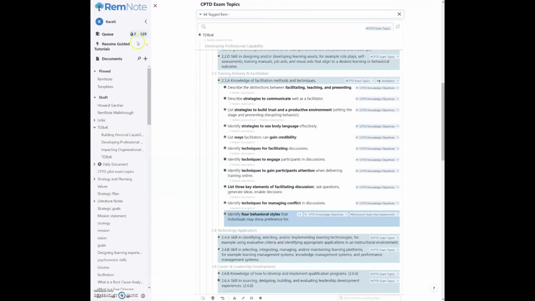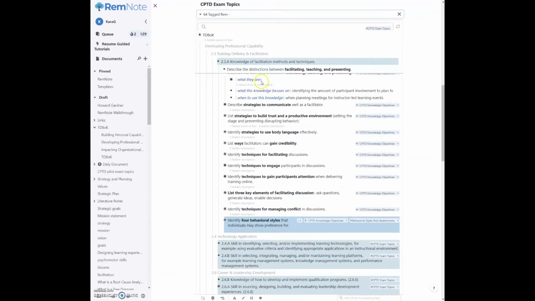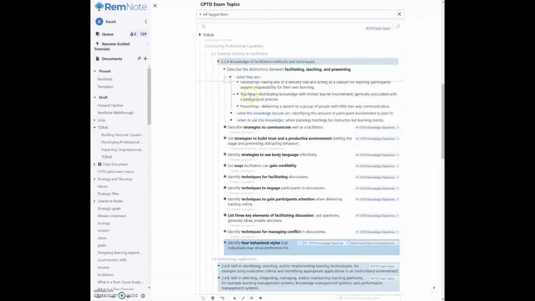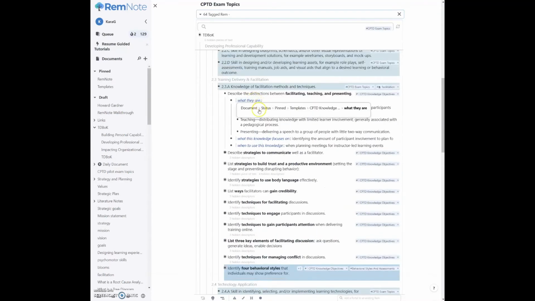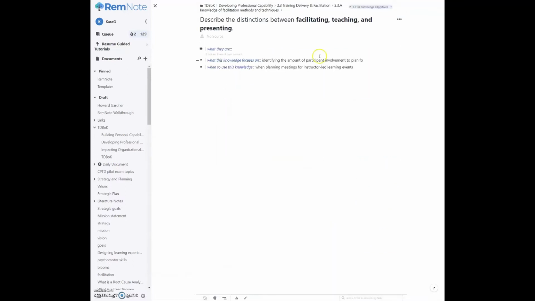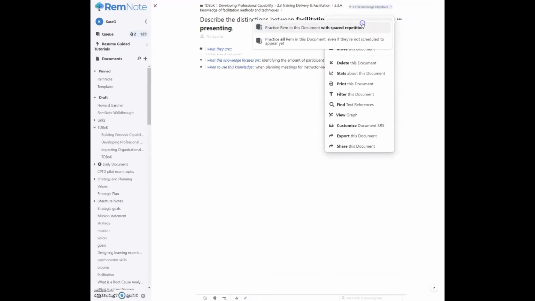The third thing is that you can create and practice flashcards just from your notes right here. Part of it is that you have created them with colons, and that allows the program itself to turn it into flashcards, which I've done. I have the double colons here. But let's say I want to practice just this set right here with flashcards. I could do everything, but I'll just practice this one. I'll practice it,